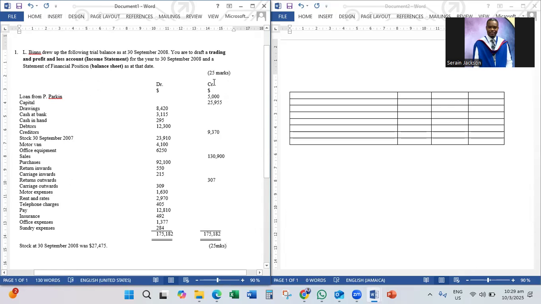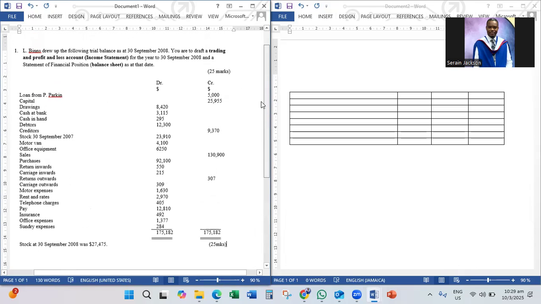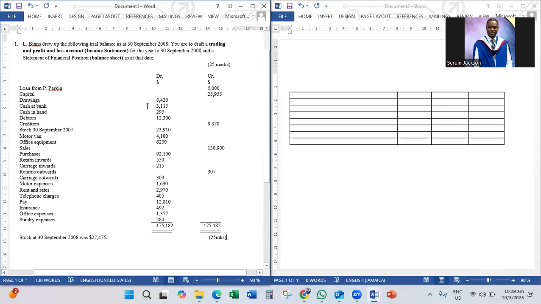So let's examine our trial balance. The first thing you want to do when you see a trial balance, when you're asked to make an income statement or a balance sheet, you have to examine the trial balance first and foremost. Examine it, see if there is anything else that you need to know. So it's pretty simple. We are given the items that we need to make up the income statement. So on this side, you will see I have my table already drawn up, and as we populate the table,